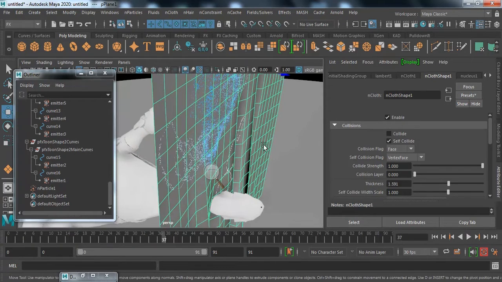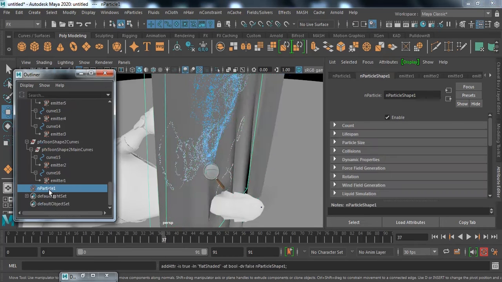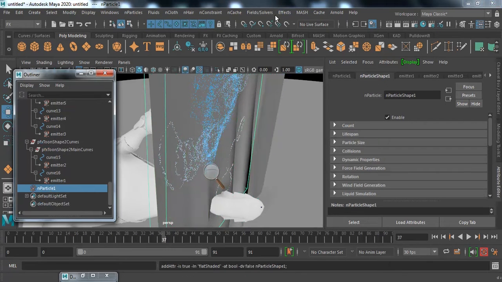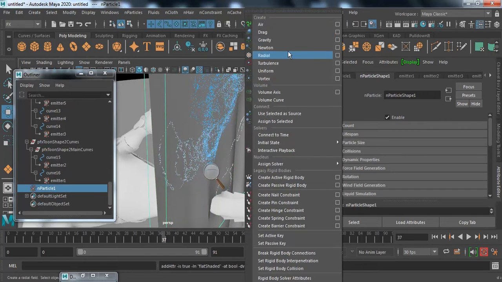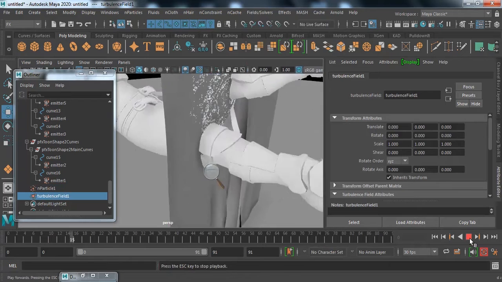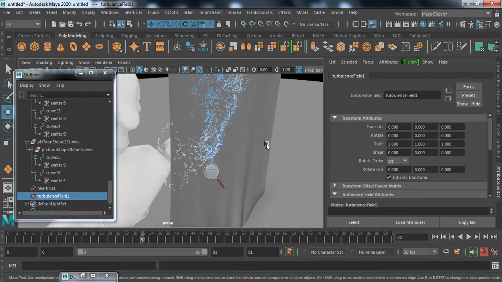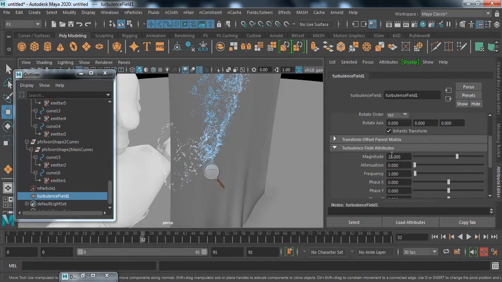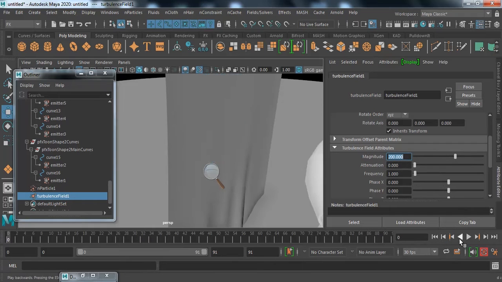And now what I want is to give some effects to the particle. I'm going to add some field and solver to the particle, and let's set turbulence. Just check if the turbulence is working. Yes, it is working. Attenuation is 0, and I'm going to increase the magnitude a bit, let's say to 200. And if you just play and check,